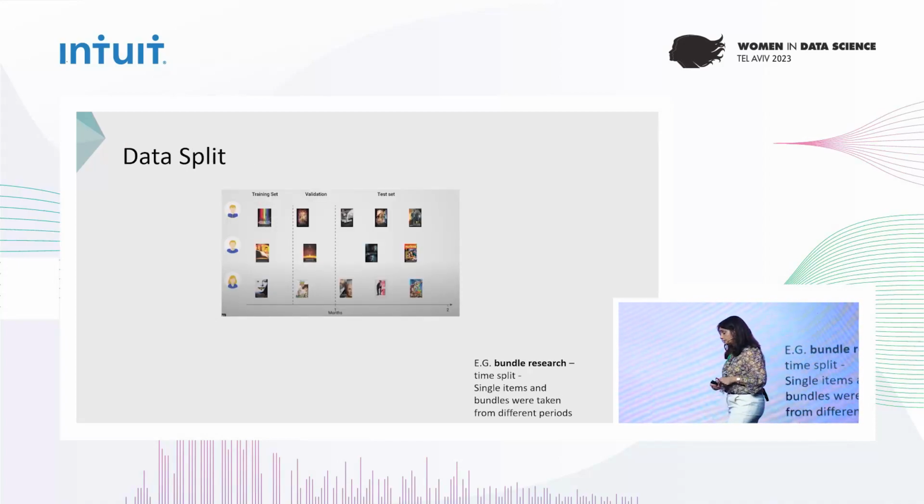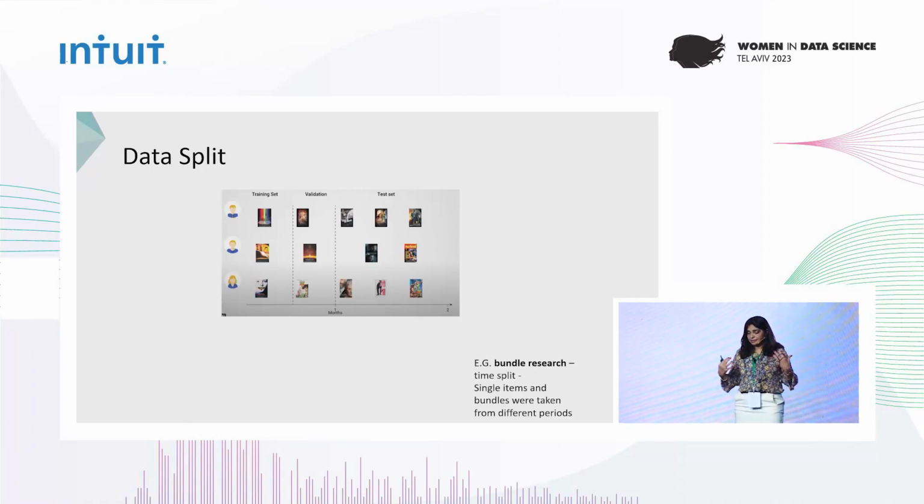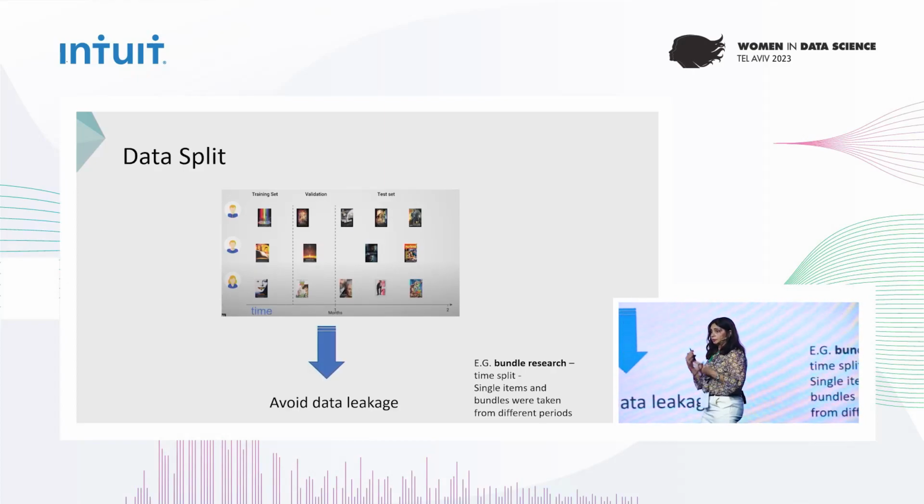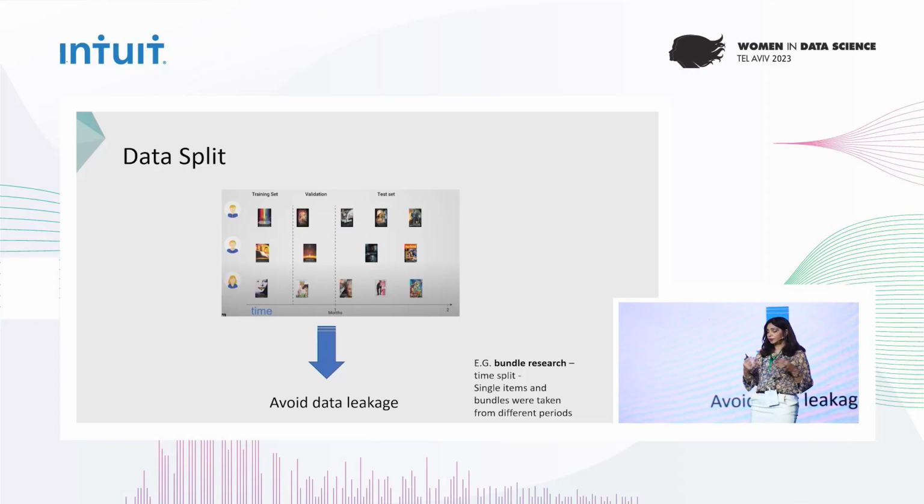When we look at a recommender system, basically we predict the interaction or behavior of the user, or the preference of the user, based on the history of his activities. So the best way to split the data is by time, because otherwise we could very easily have data leakage. However,